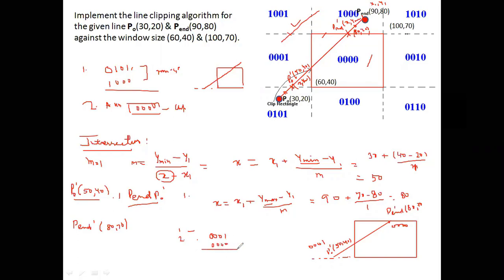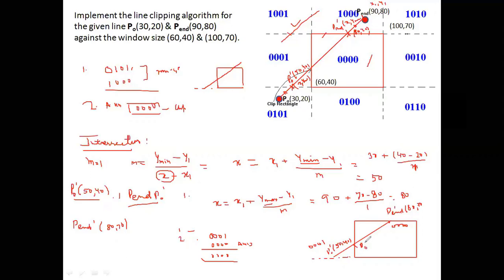Okay, now when we perform the AND operation, that will give us 0 0 0 0. If it would have given a non-zero value, it means we can trivially reject the line, but the clipping has to be performed. Now the clipping has to be performed across this edge, that will be the new point,